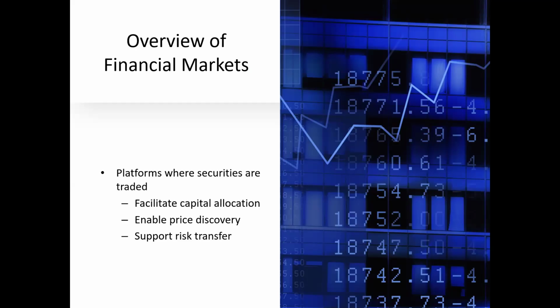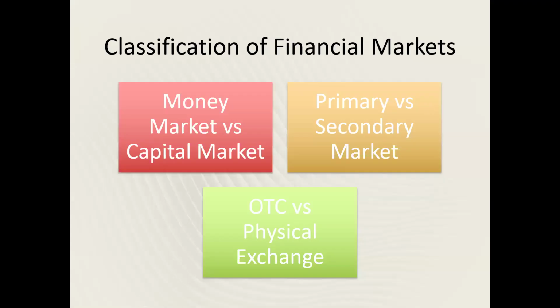So, you're able to become a shareholder, or firms are able to gain capital through this platform by trading their shares. Enabling price discovery means that the financial market is able to determine the price of the firm based on supply and demand. Then it supports risk transfer. Okay, so